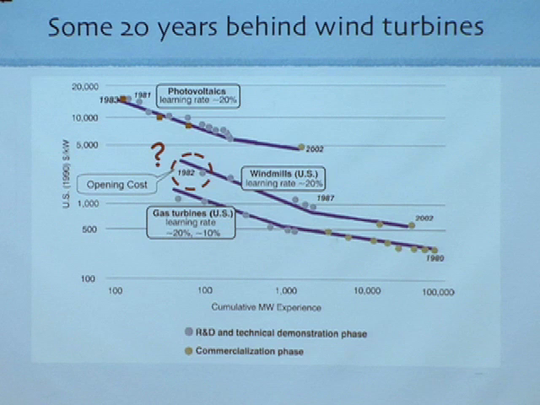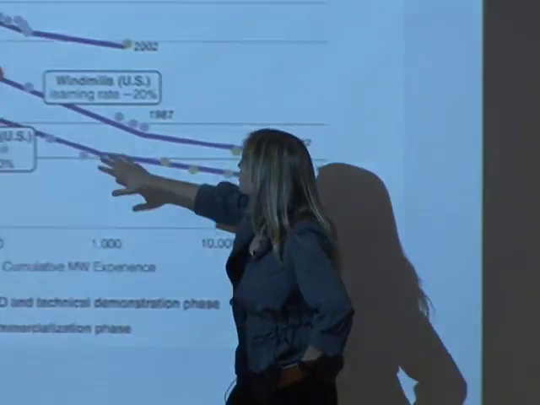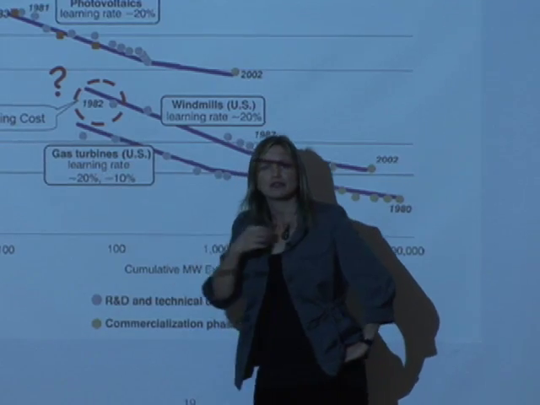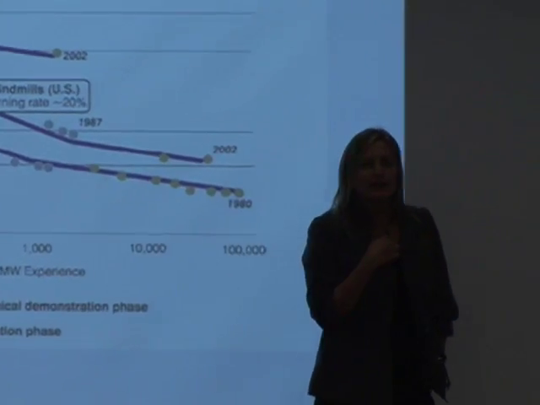It's a little bit hard to say where we are right now with tidal and wave, because we have very few numbers. People don't really give you those numbers because it's so early on. My guess is, and most people's guess is, that we're about here where windmills were in 1982. And then hopefully the costs will go down. But how fast? That's the question.